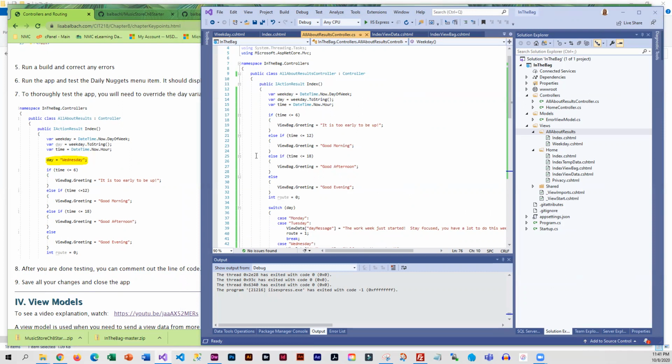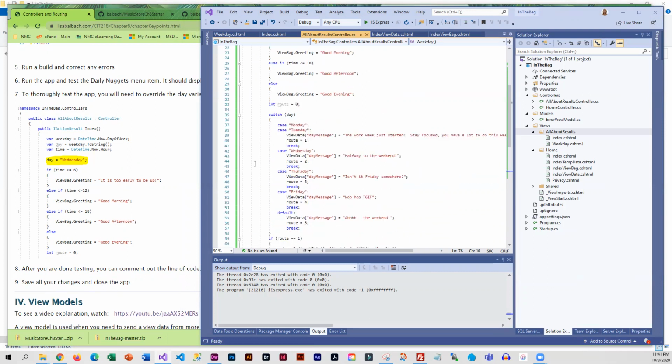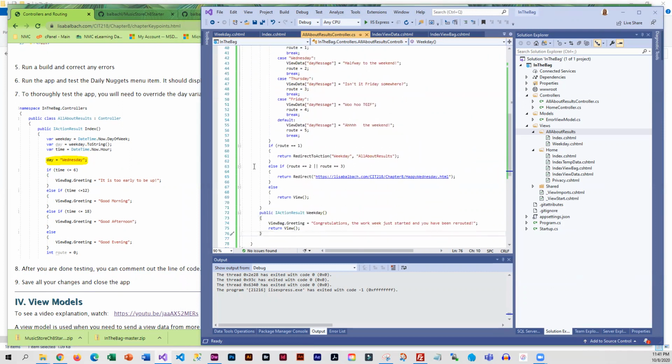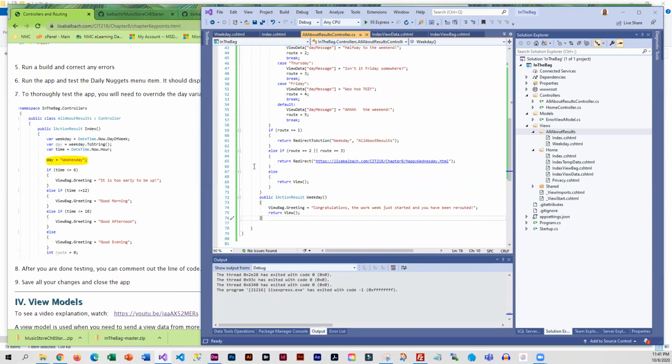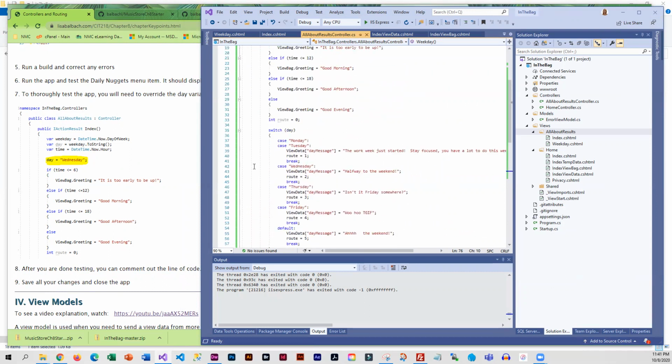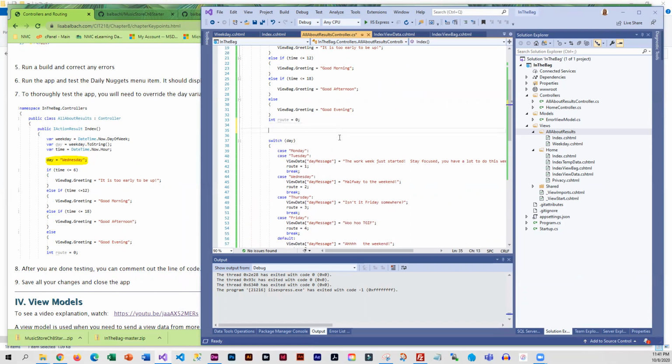And we are going to override the days. So let's see. We are going to set the day equal to,